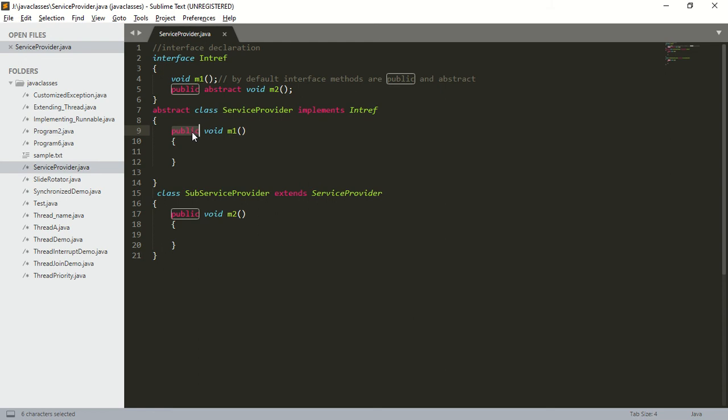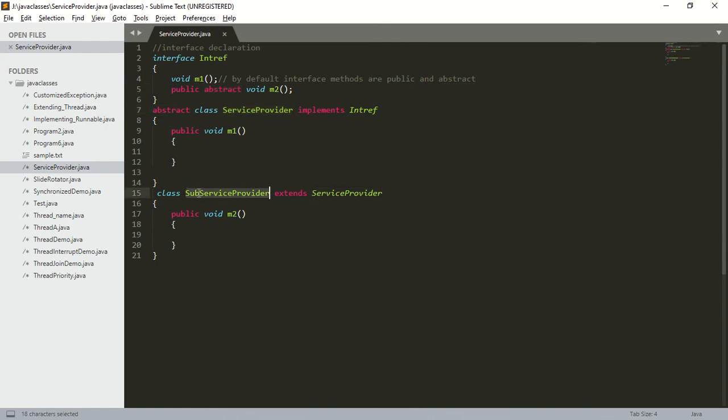Next, if a class is not implementing any of the interface methods, then the class should be named as an abstract class. Next, who is responsible to provide implementation for that method? The child class of this class is responsible to provide an implementation for that abstract method M2.